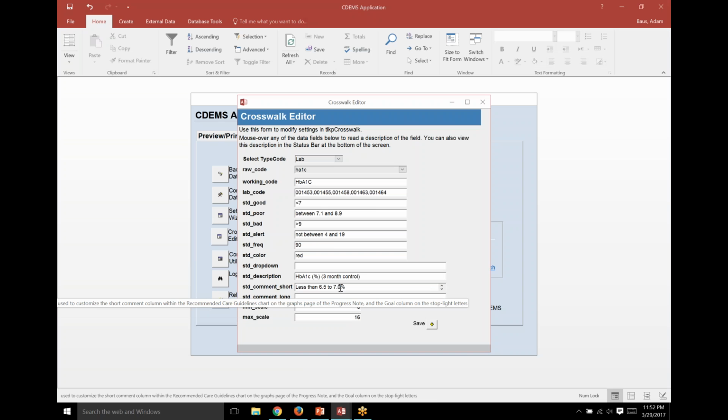So maybe you want the goal to just say less than 7% for clarity, and for a longer comment, perhaps you would like it to say important for diabetes control, something simple like that. We can note that. And then the last two fields in here, the minimum scale and the maximum scale,